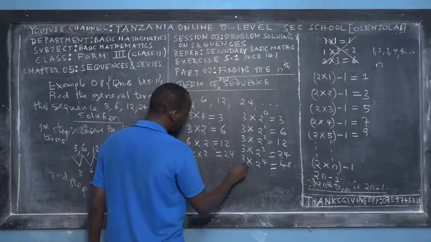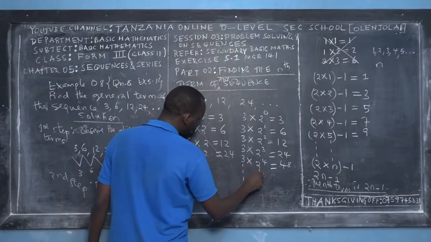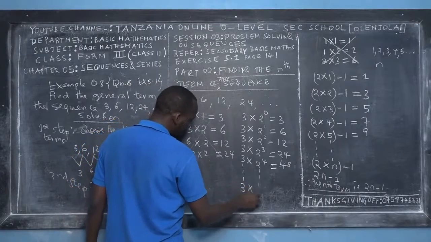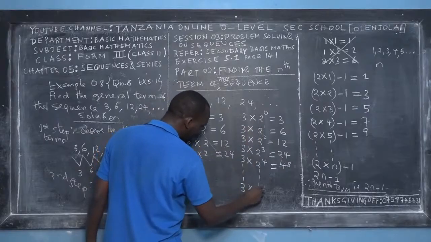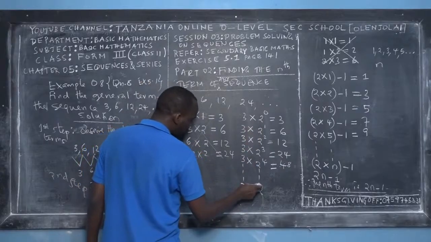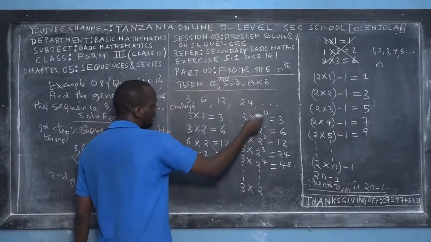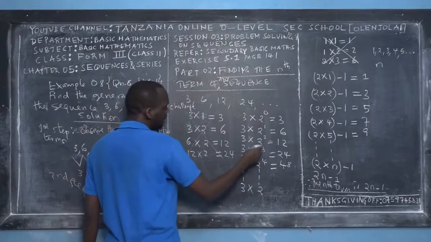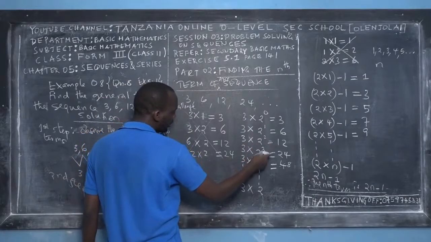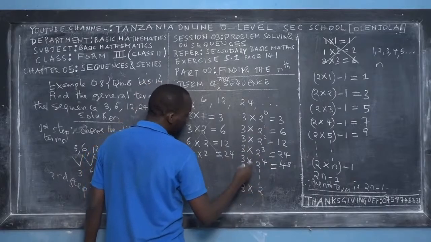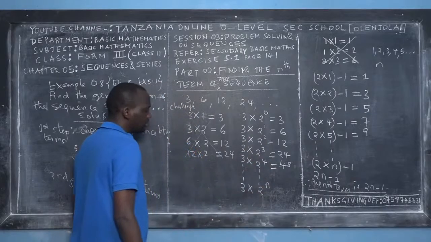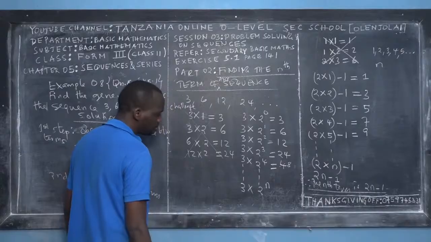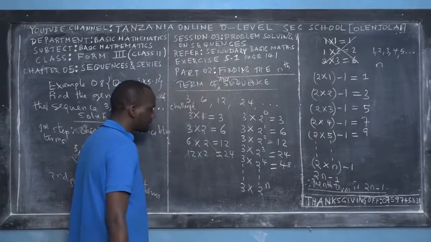So with this sequence, or this arrangement, you can find that the 3 will be common, and then we come here. 2 is also common, as the base of that exponent number. Because 2 is the base of that exponent number, you analyze the whole numbers, meaning the counting numbers, as indices of the exponent: 1, 2, 3, 4. So this is the sequence of natural numbers. So it will be 3 times 2 to the power of n. So 3 times 2, for instance, if you want to get the